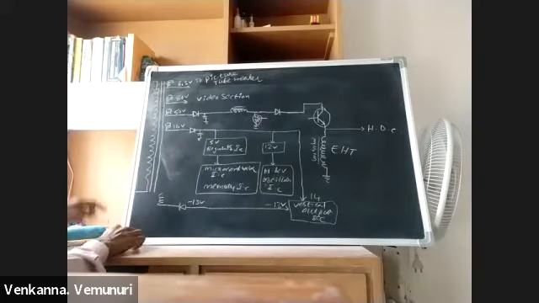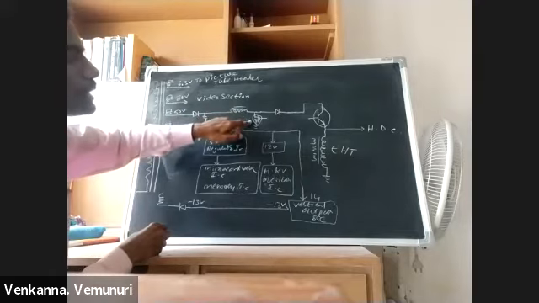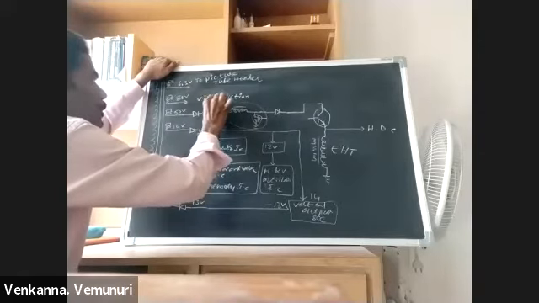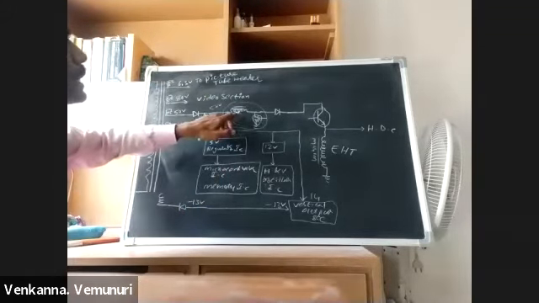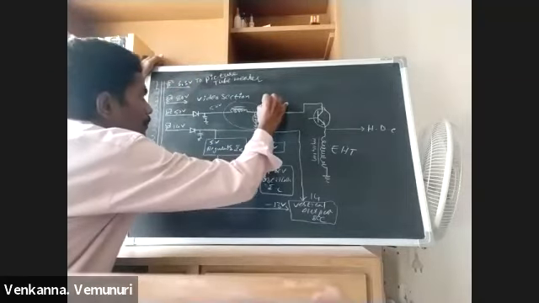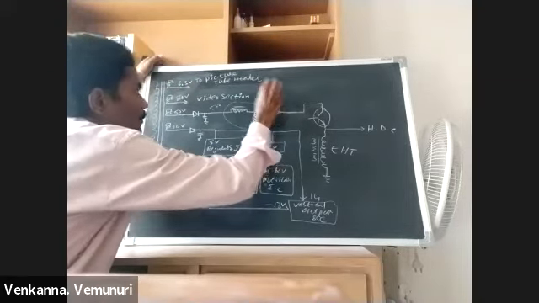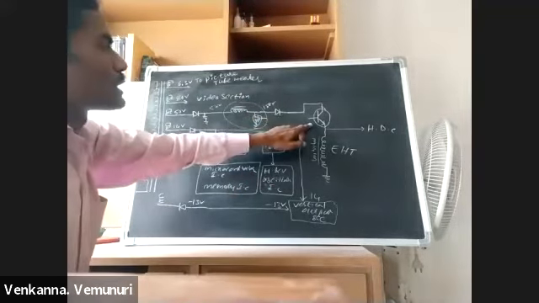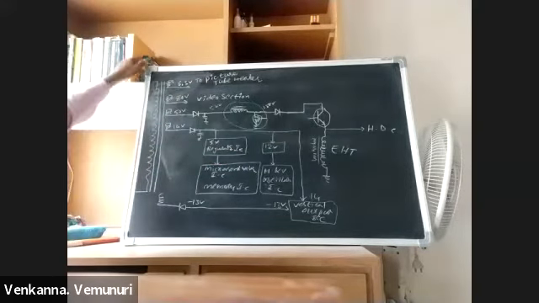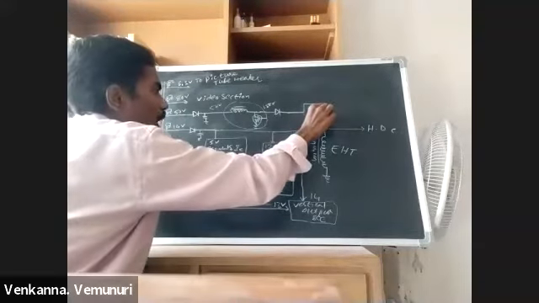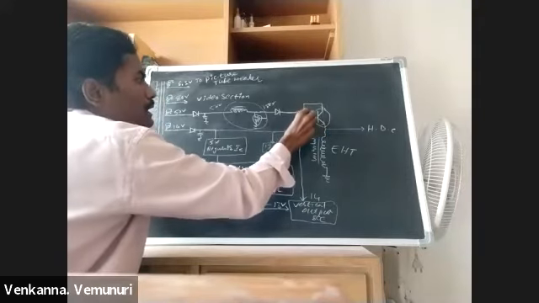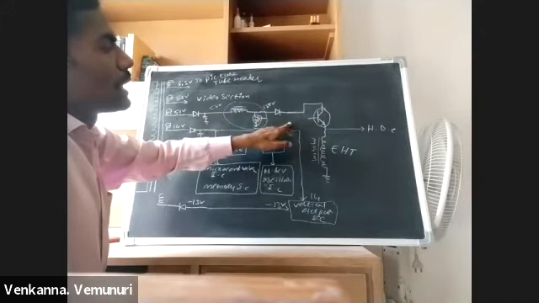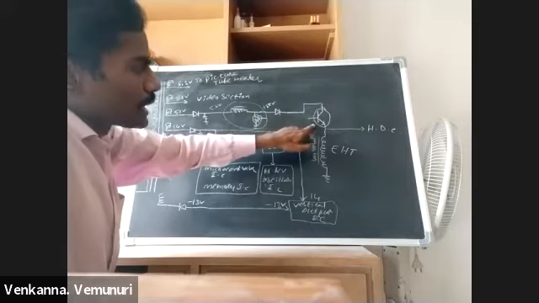After here, we are using one inductor and one switching FET. This is called a boosting circuit. Actually, here we are getting only 50 volts, but it is boosting it up to 180 volts. After this, the 180 volts is connecting to this horizontal output transistor by using one diode, and this horizontal output transistor is receiving switching signals from the horizontal oscillator IC. The horizontal oscillator IC sends switching signals to this horizontal output transistor.